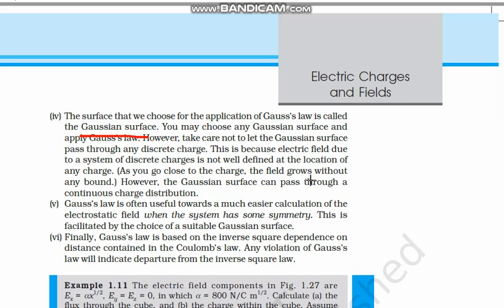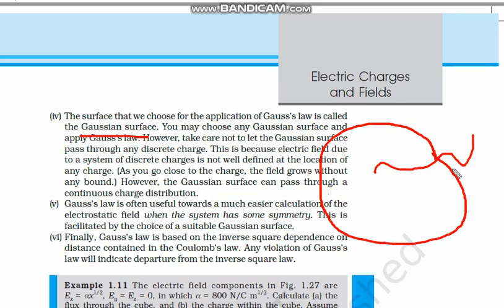However, the Gaussian surface can pass through a continuous charge distribution. So let us say this is a continuous charge distribution, a line charge distribution, but this is continuous. So the Gaussian surface can be considered like this. For line charge, since this is continuous, we can take this. Another thing is that we can take a surface charge distribution. Let us say this is a surface charge distribution. Again, the Gaussian surface can be made like this. For continuous charge, it is okay, but for discrete charges where charges are like this, you must not take Gaussian surfaces which pass through a single charge,